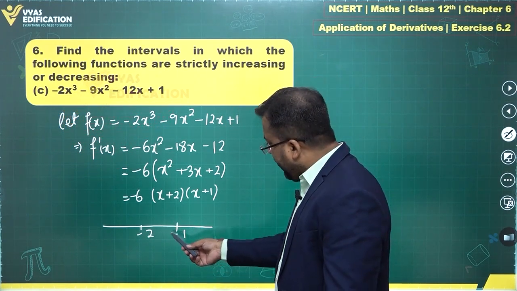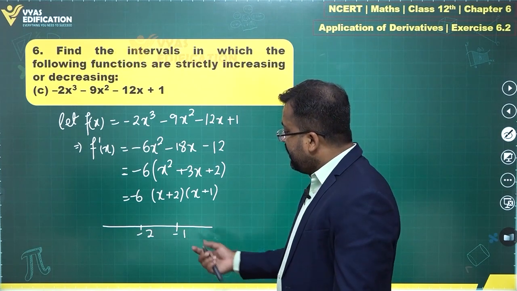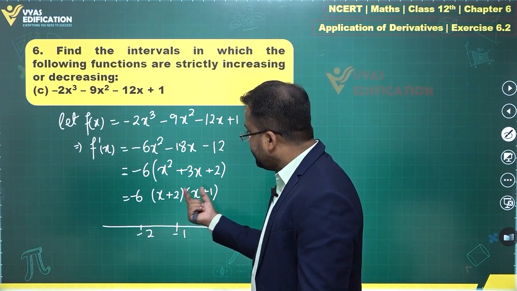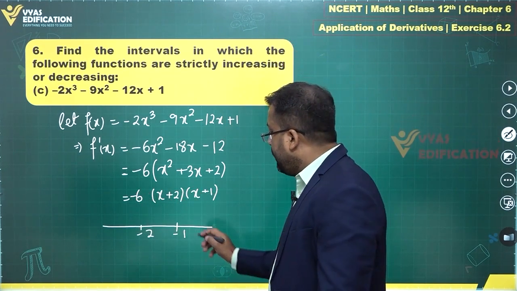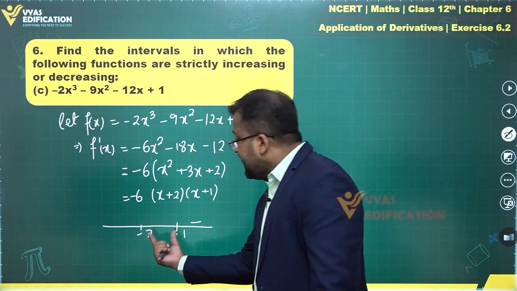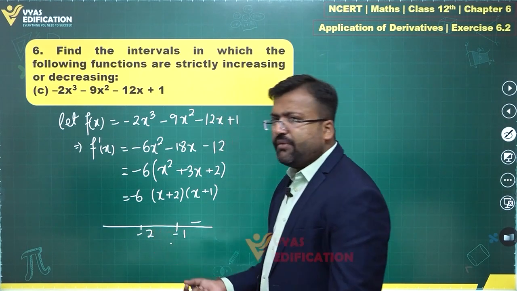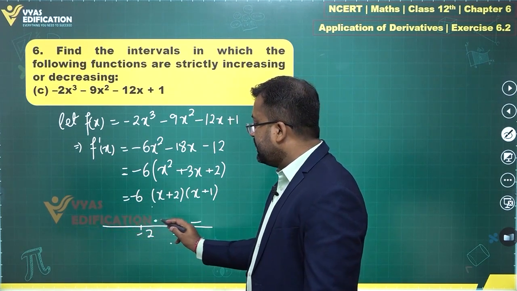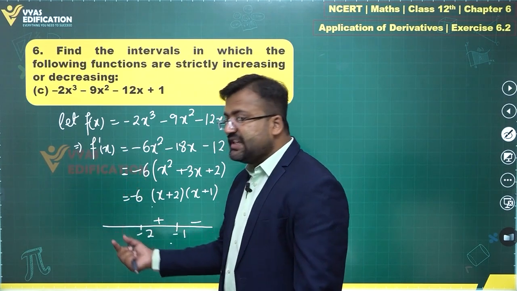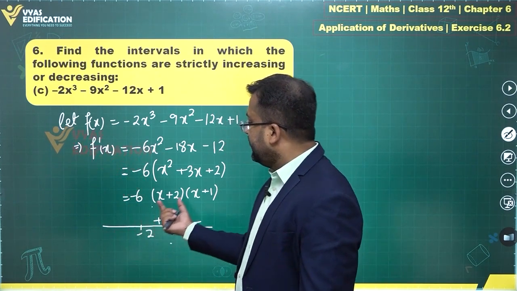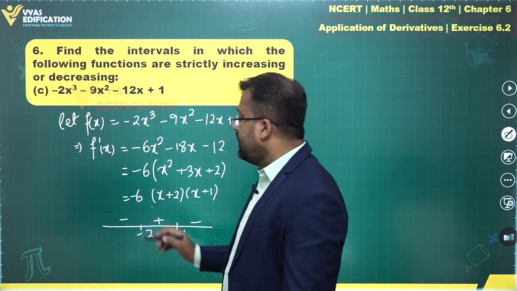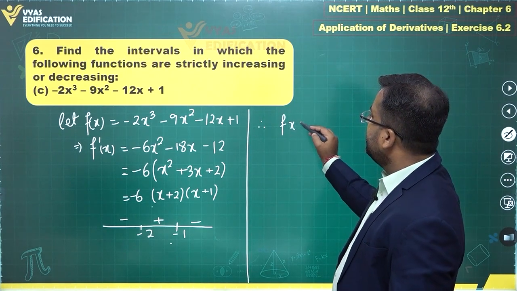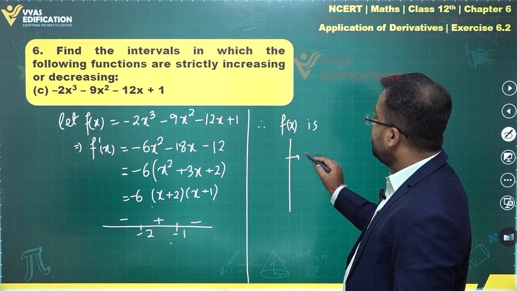For values greater than minus 1, let us say you can take x equal to 0, for example. x equal to 0 will imply this is positive, but this is negative. So overall the factor will be negative. For this interval, you will have, let us say, minus 1.5. This will be negative, this is positive, negative and positive will become negative. Wait, negative and negative will become positive. For values less than minus 2, let's suppose minus 3. This is negative, this is negative, this is also negative. Overall negative. This is what you'll see, and therefore f(x) is